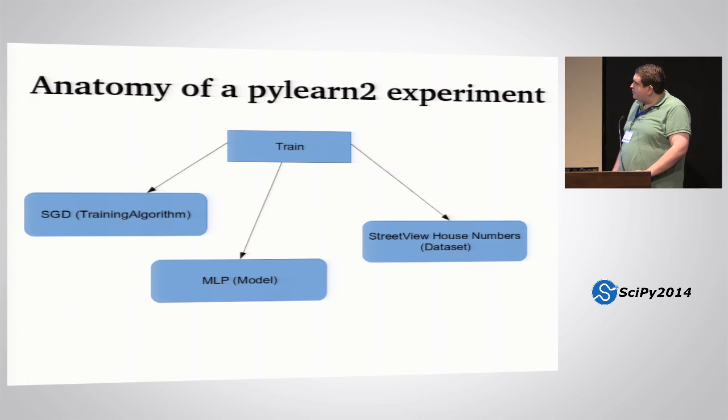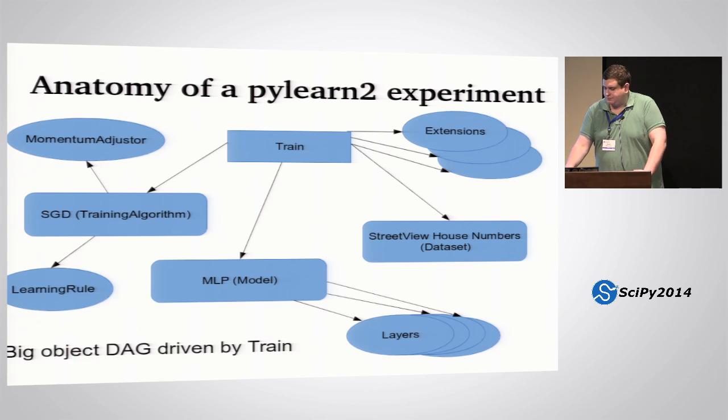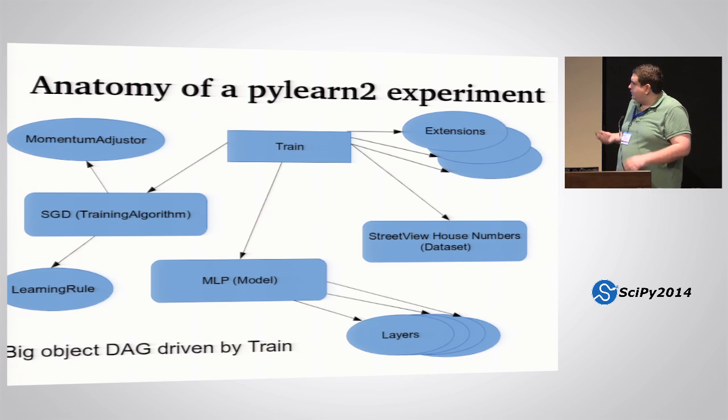So rather than just having one estimator object as you do in scikit-learn, our experiments can roughly be broken up into a hierarchy of objects. One is a training harness that deals with the outer loop logic, a training algorithm, a dataset, and a model. And you also have all sorts of ancillary objects. The reason we do this is for modularity, configurability and reusability.